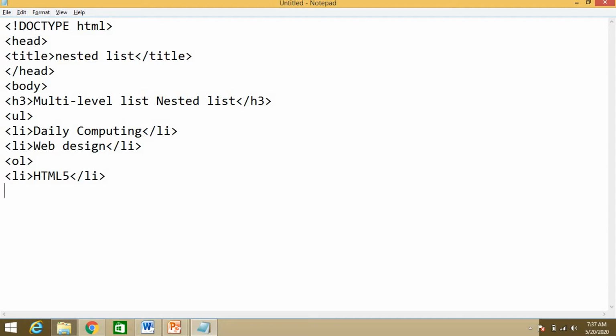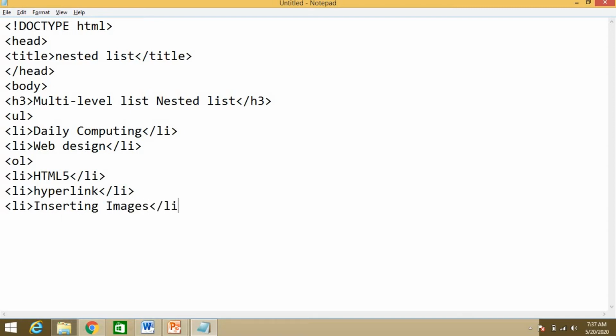Then li, hyperlink. Close the li tag. Li, inserting images.